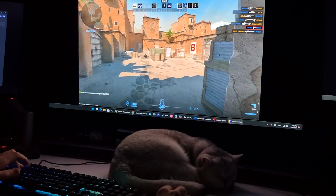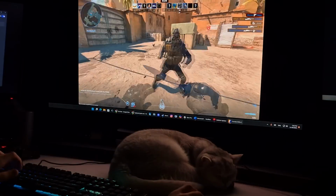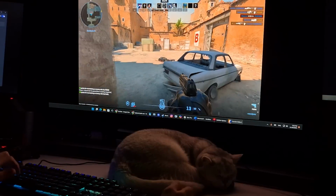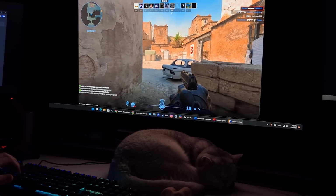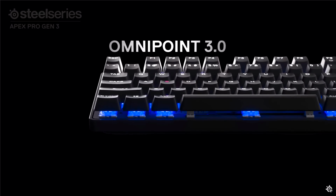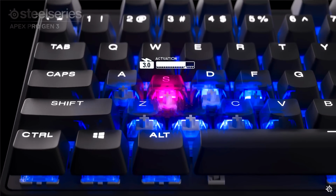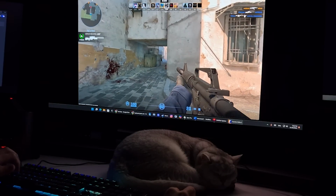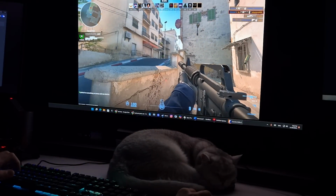SteelSeries claims this keyboard to be the fastest in the world, thanks to OmniPoint 3.0, which is their version of a hyper-magnetic switch with improved response time, faster actuation, and increased durability. Typical with magnetic switches, we can adjust the actuation point of each key, ranging from 0.1 to 4mm. And of course, we get the option to turn on rapid trigger, which is one of the biggest advantages of